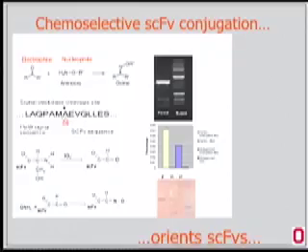Okay? And so for the purposes of engineering this protein for its use in the sensor, there are a couple of things that we want to do. We wish to be able to use chemoselective conjugation. We want to be able to orient the protein on the sensor surface. And so what we use is an oxyamine conjugation chemistry. All chemoselective conjugation chemistries